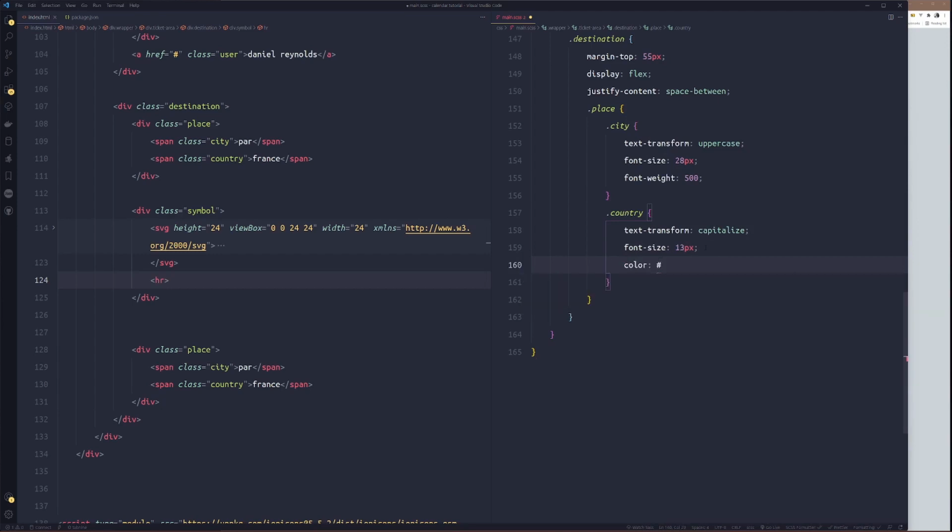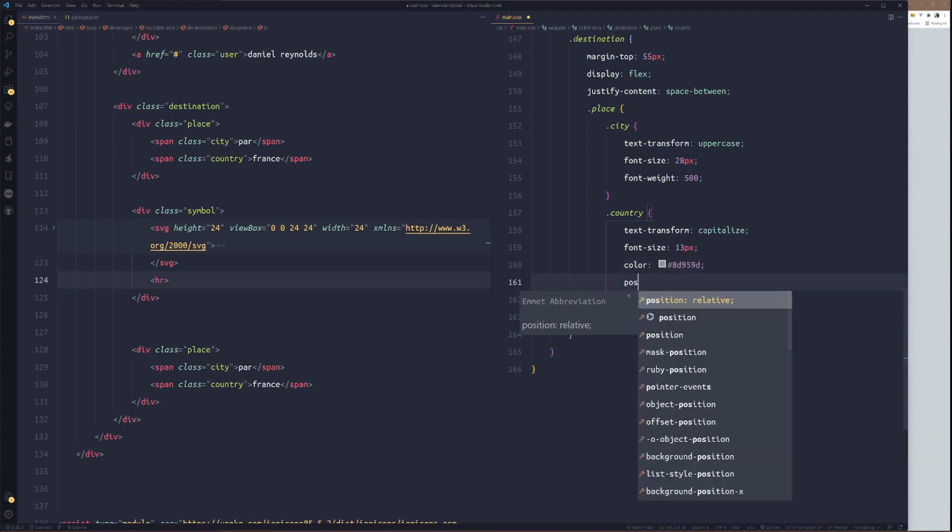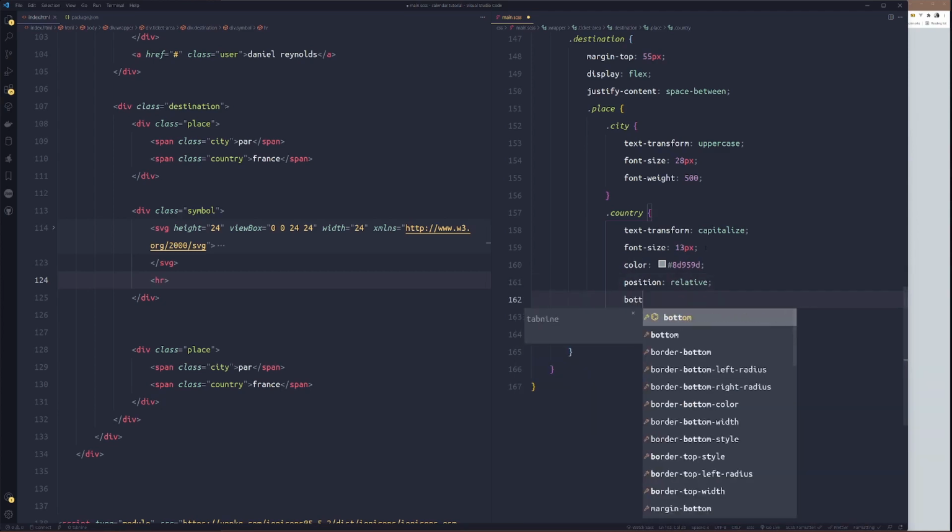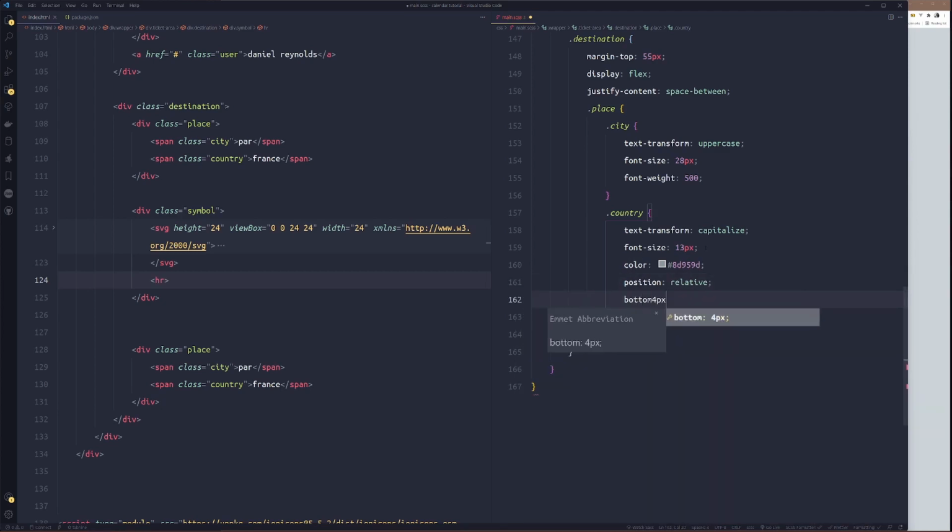Color will be ash, 8D9590. We'll set position to relative. Bottom 4 pixel.